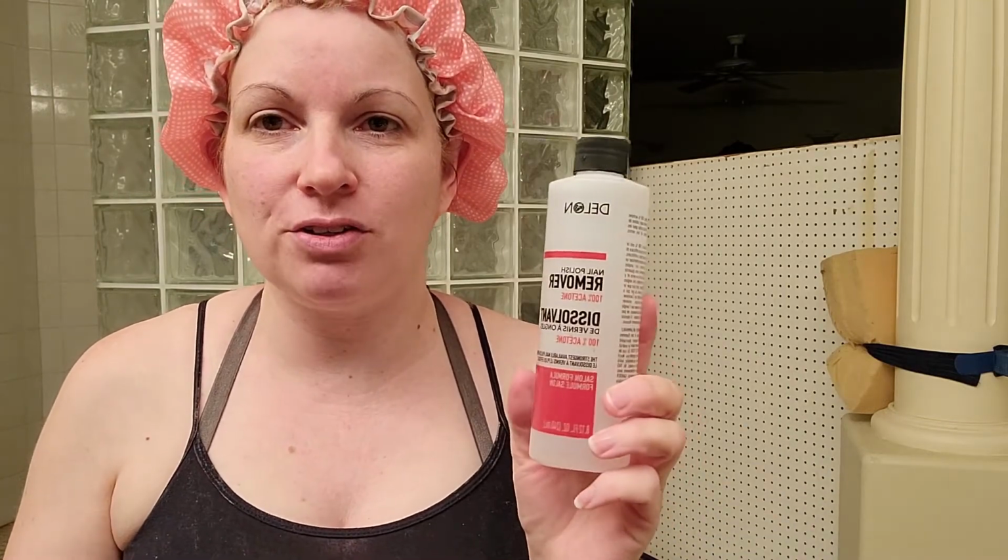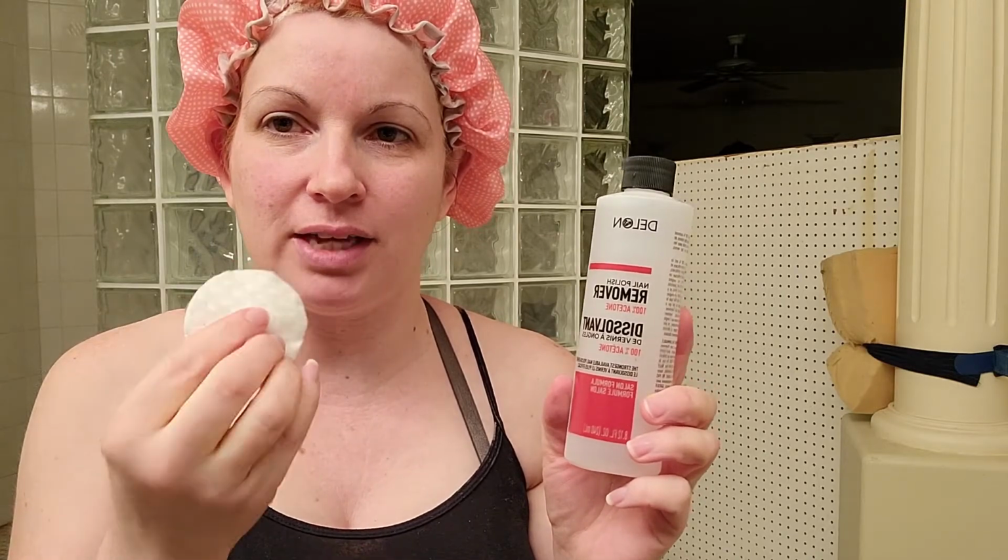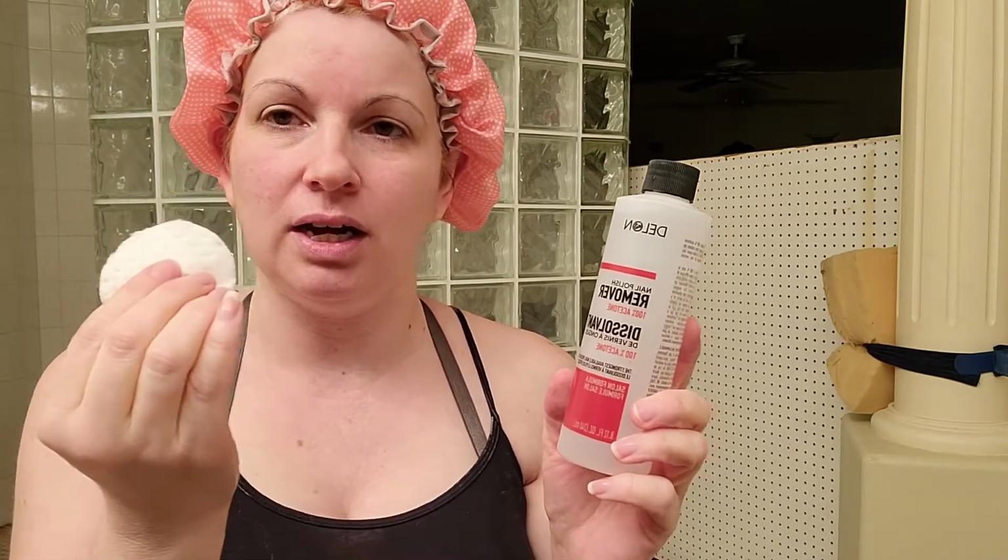So I do my nails so often. Right now, I'm not sure if I have any nail polish on my nails. I can't tell. I think I might have a clear coat on. So first thing first is I always use the nail polish remover. So I usually have some type of nails or nail polish or the acrylic glue. So I use, this is the